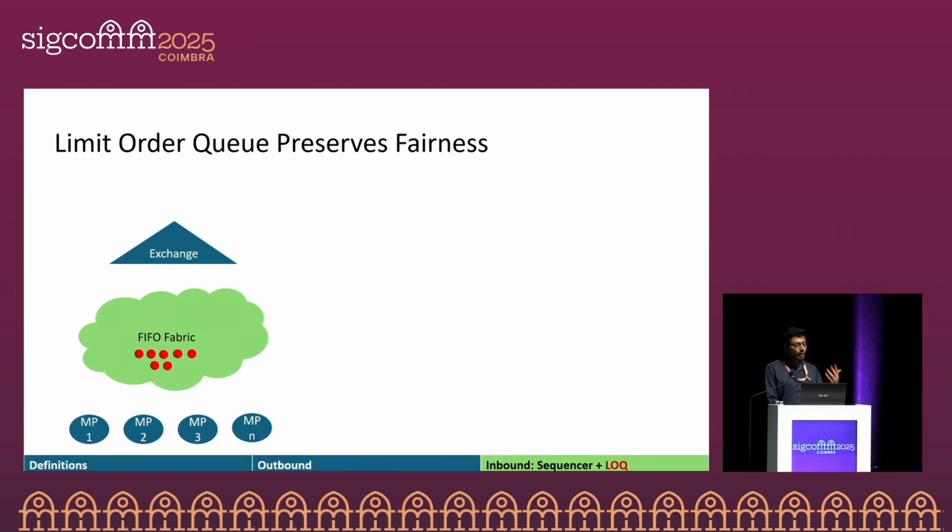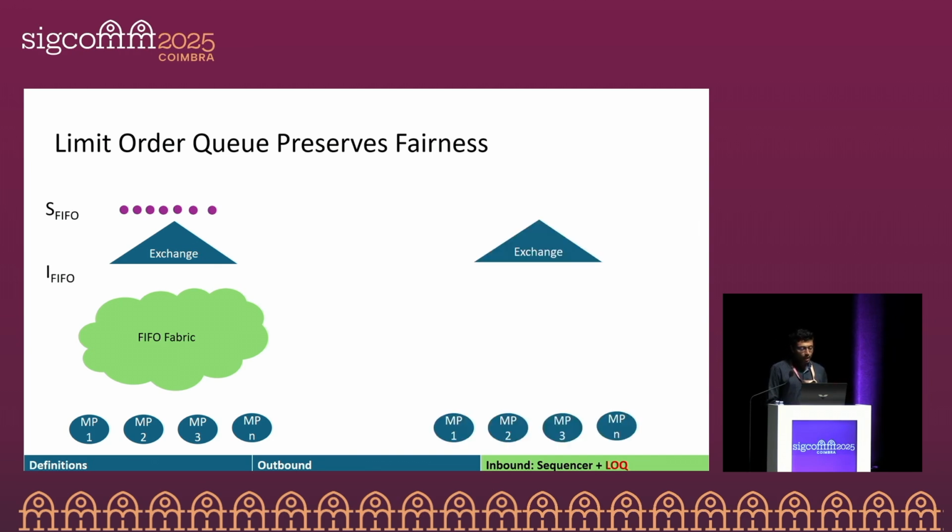If we have a scheduler that purely just sends data in first in, first out order, and the exchange can consume this stream of orders at an infinitely high throughput, then there is some sequence of orders that are eventually processed by the exchange. And processing here means you've matched the bids to the asks.